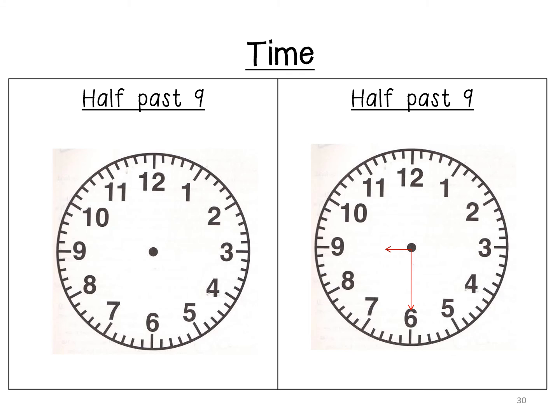So now children, we are going to be doing half past. So remember, the long needle, which is the minute hand, will now point to 6. So as you can see in my second block, the long needle points at 6 and the short needle, which is the hour hand, will point at 9. And that is how we write 9:30.